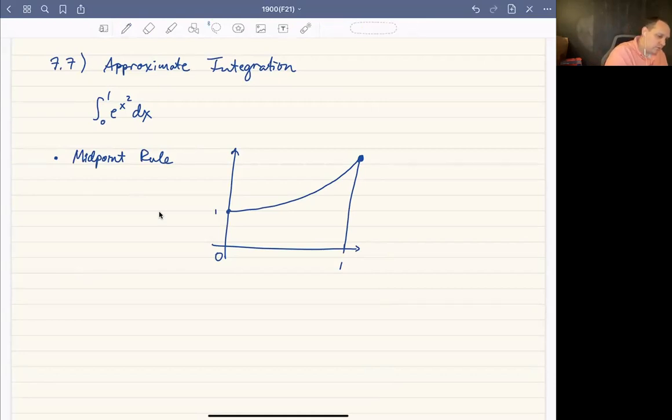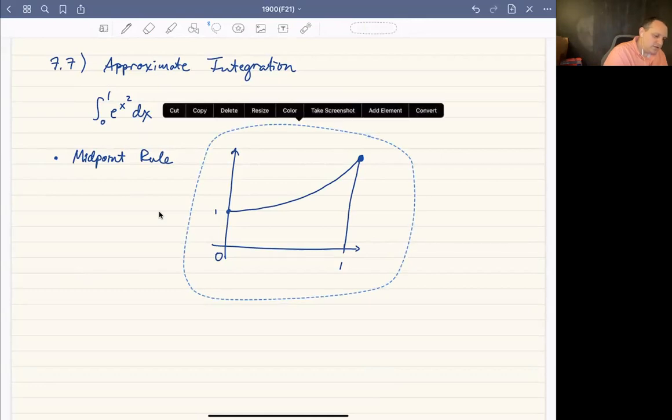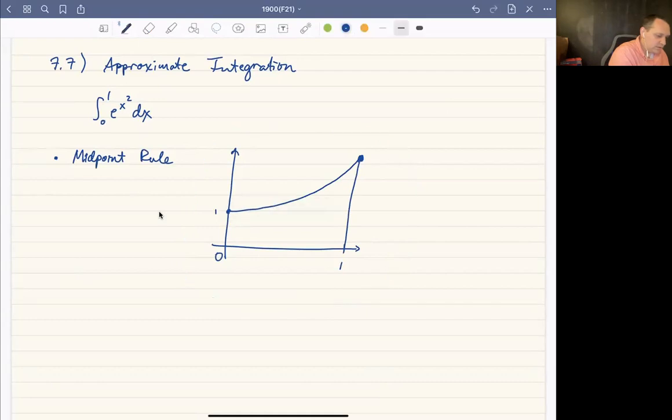The midpoint rule basically says draw the rectangles like you did in Calc 1. We're going to take our area and split it up into, say, n equal pieces. I'm going to draw a few rectangles. Then you take the height of the rectangle to be the value of the function at the midpoint of the interval. For example, if I look at the midpoint here, it looks like that's about here, and the height will be there. Take the midpoint,